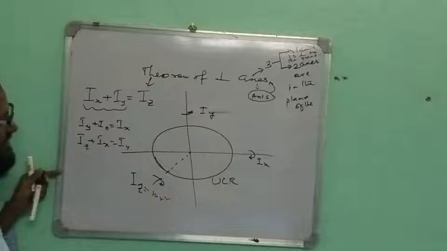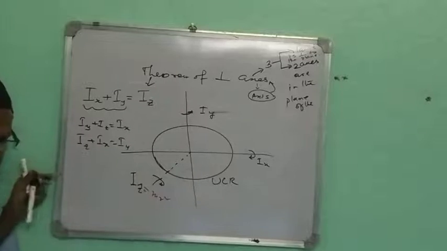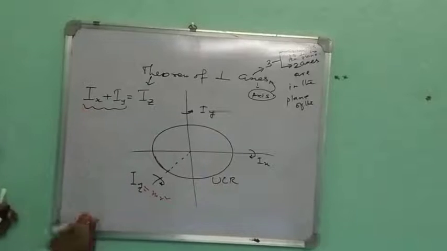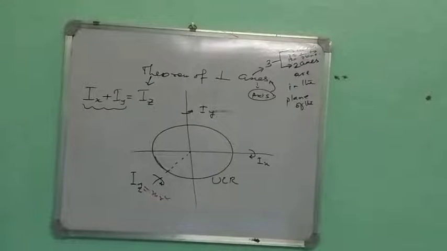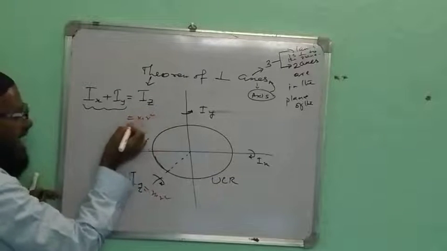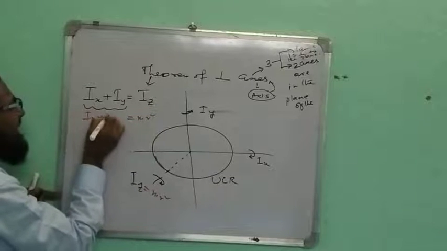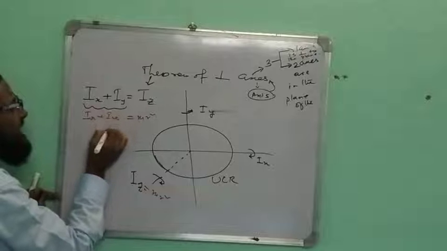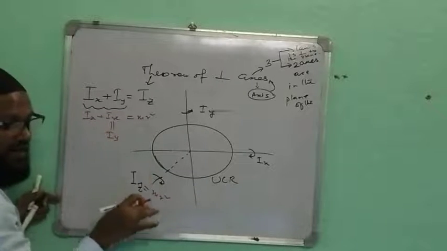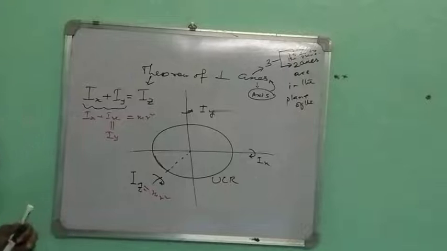Which formula is correct? This formula is correct. Here Ix equals Iy. Why? Because they are the same